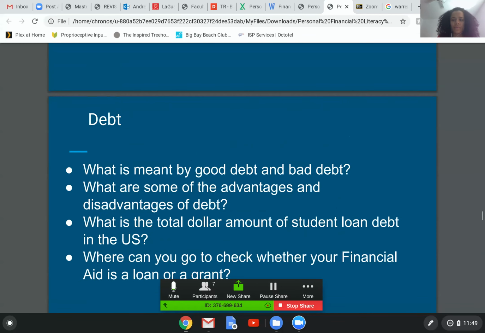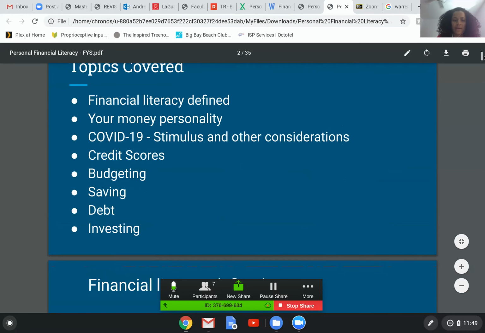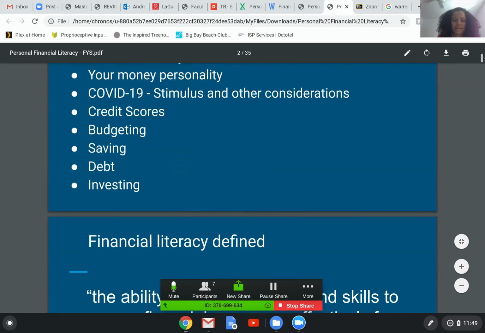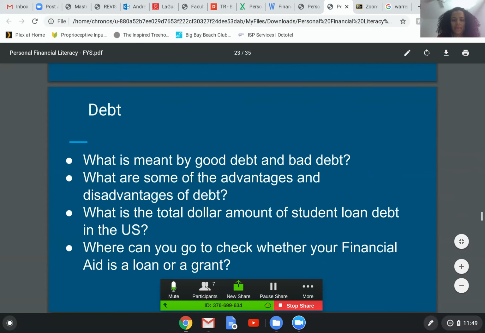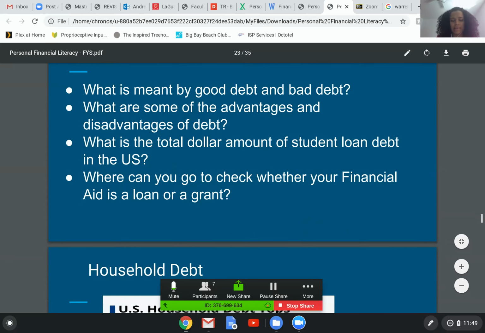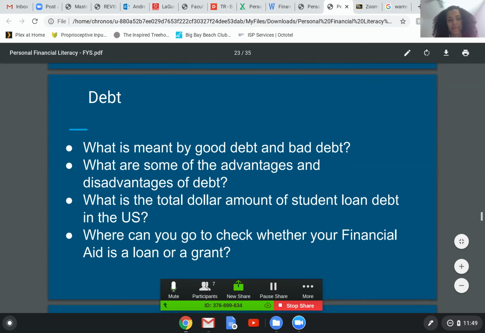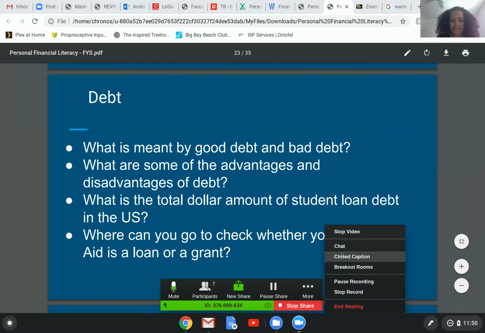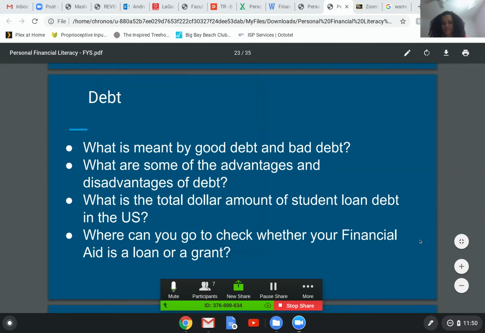So at the beginning of all of this, remember I said that there were a number of topics that we were going to cover. We've already done budgeting, saving, debt, and investing is next. We've spoken about savings already. So we'll just talk a little bit about debt and then about investing briefly. Investing could be its own separate course, so I'm not going to try and tackle too much of that. Does anybody know what is meant by good debt and bad debt? Is there such a thing as debt that can be good? Or is that just crazy?